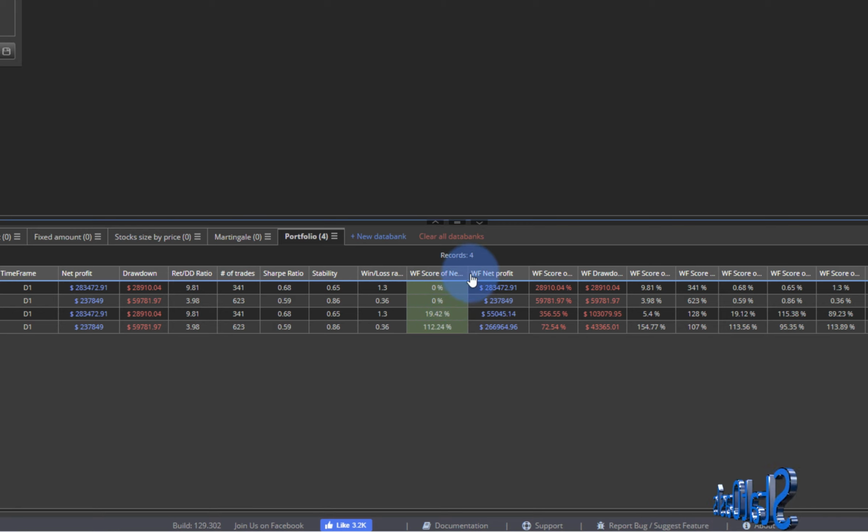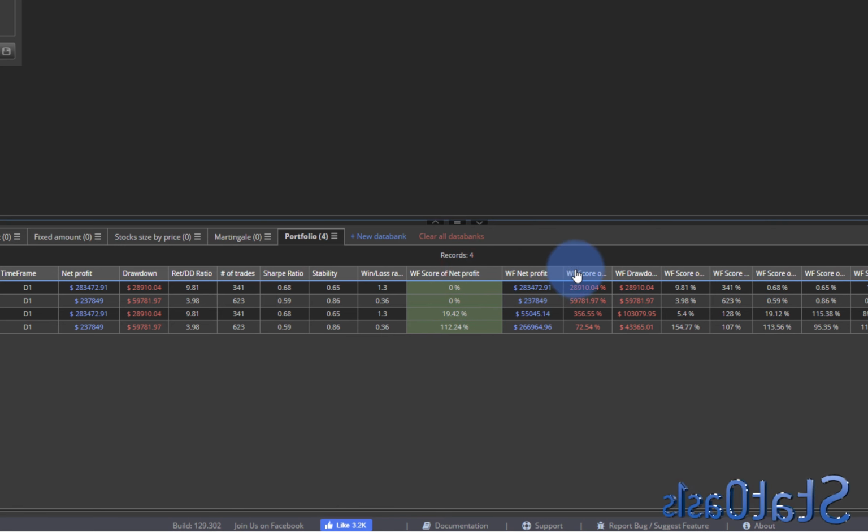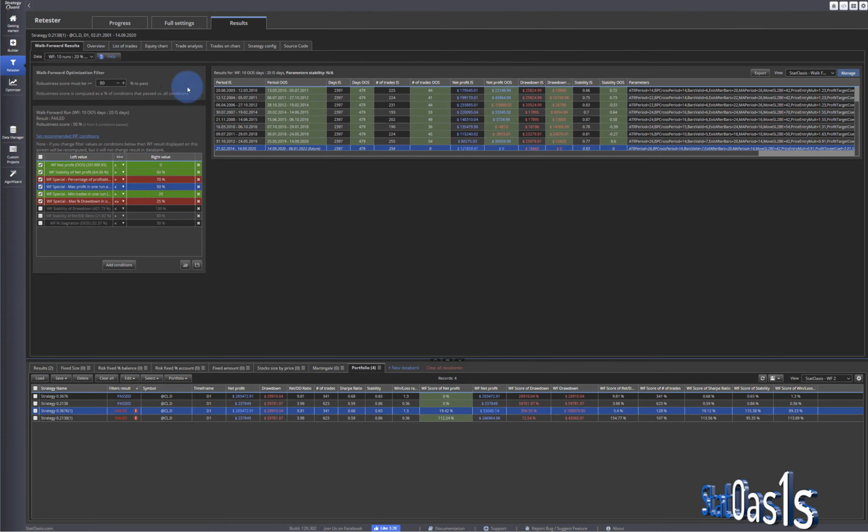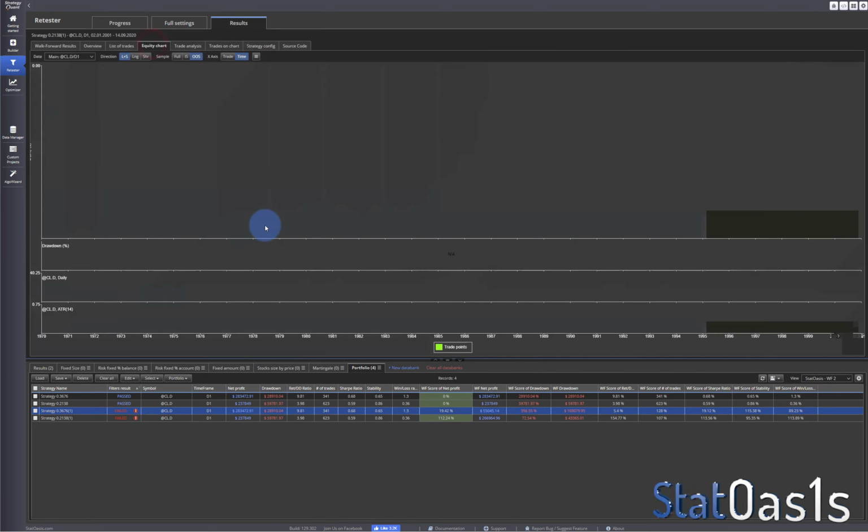So for example, let's expand this. For this strategy, the walk forward score of net profit means this is the percentage we got from the original strategy. The original strategy made $283,000, and our walk forward strategy, the total of the walk forward out of sample, is 55. So how did we get this number? If we go to the equity chart,